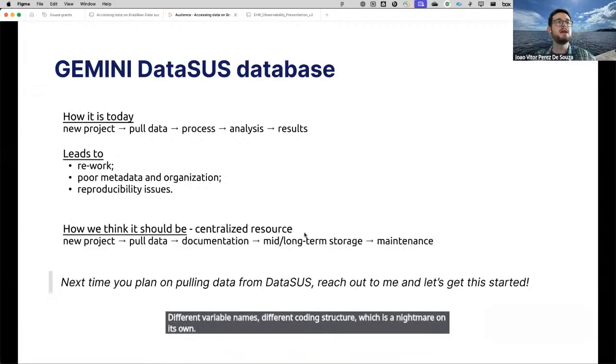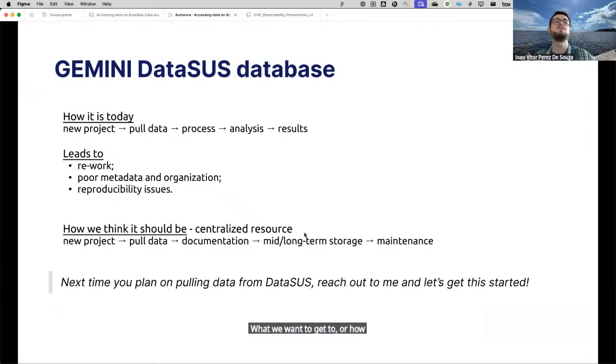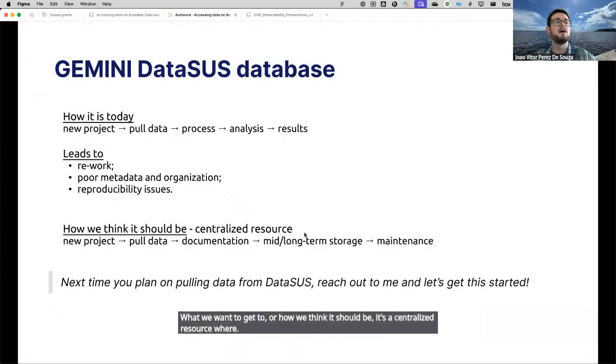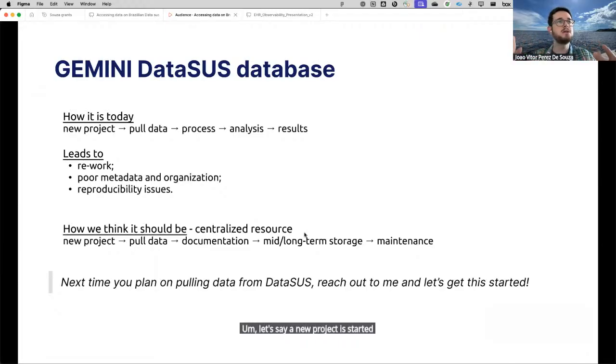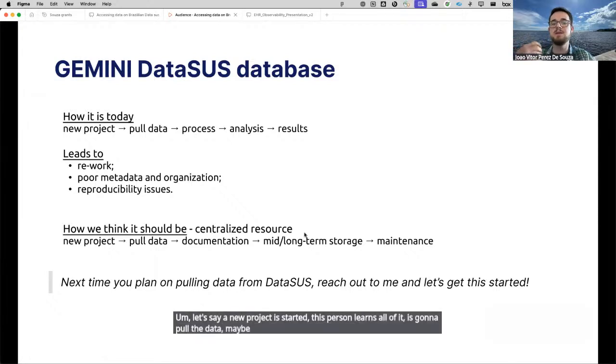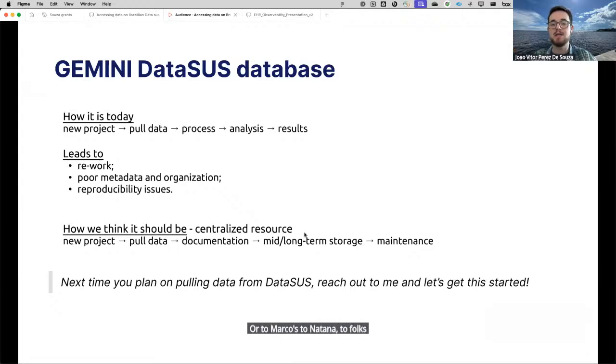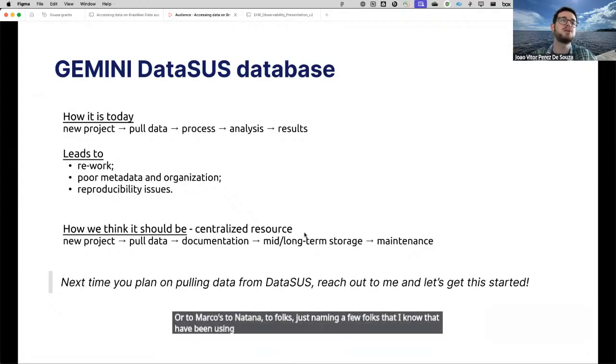What we want to get to, or how we think it should be, is a centralized resource where, let's say a new project is started. This person learns all of it and is going to pull the data. Maybe this person reaches out to me or to Marcos, to Nathan, just naming a few folks that I know have been using DataSUS for different projects.